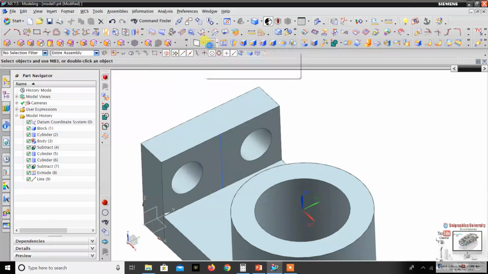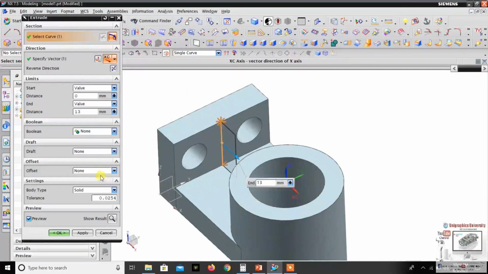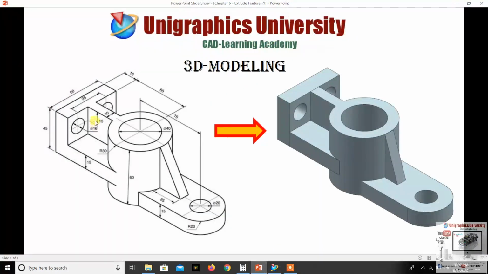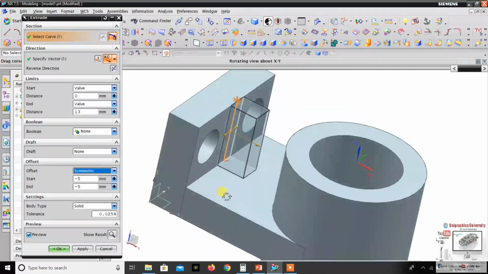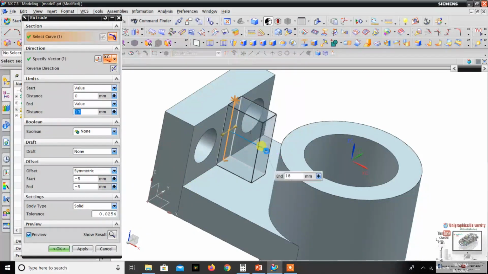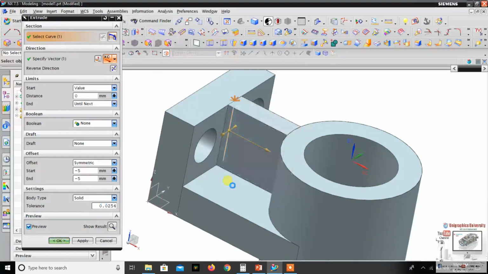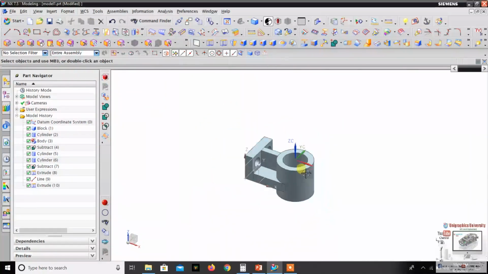Then choose extrude, select this curve, change to X direction and offset option, select symmetry. Total is 10, right? So -5, -5. Then for extrude length I choose until next, okay. It will be extended, okay.